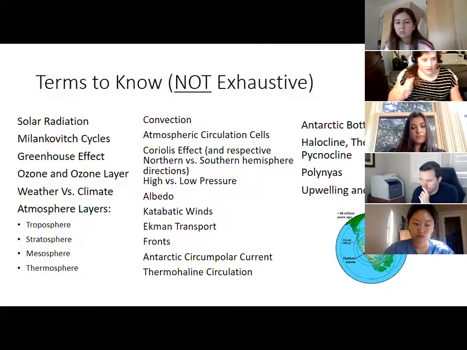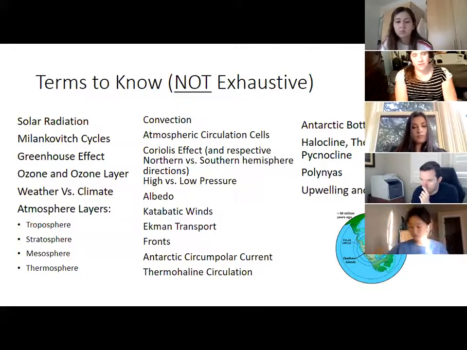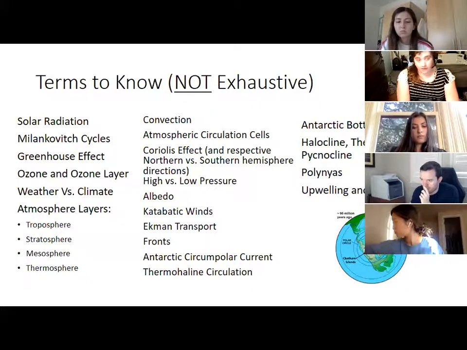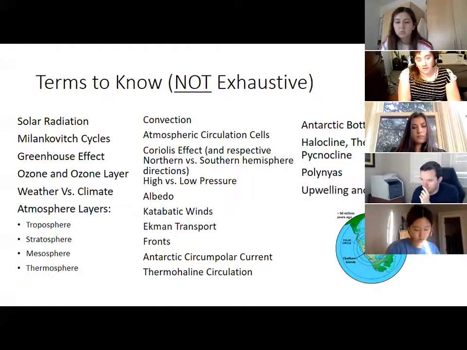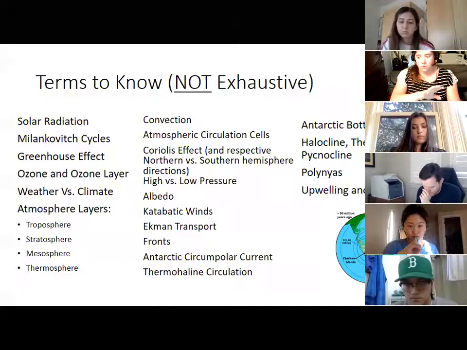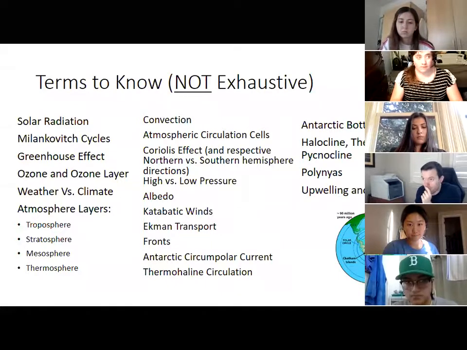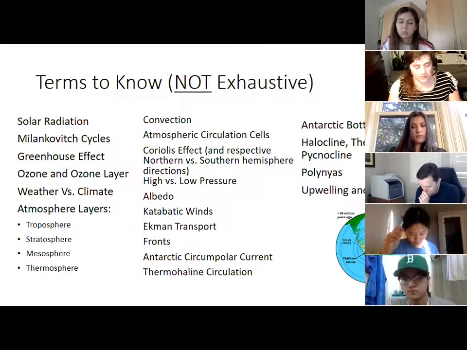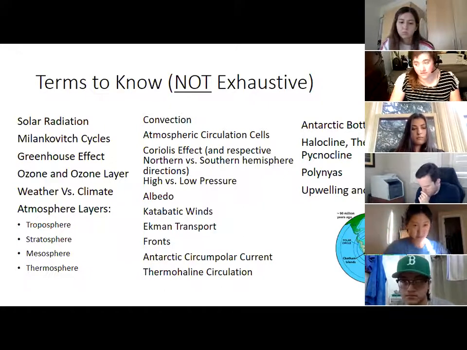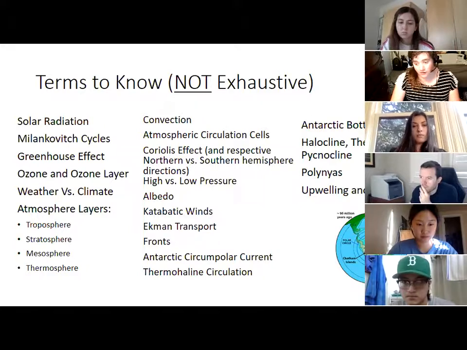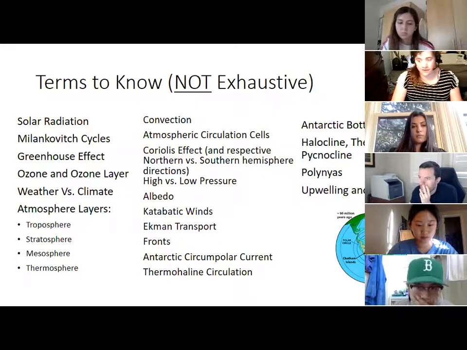But the terms all relate to either atmospheric circulation, surface ocean circulation, or deep water circulation. And those are kind of the main three topics I ended up covering last week. Those are all with the lab that you are doing this week. There are three parts to that lab, kind of broken up in the same way. You do a couple exercises with atmospheric circulation cells, then you look at surface ocean currents, and then you answer a couple questions about deep water currents, but mostly really just about Antarctic bottom water.